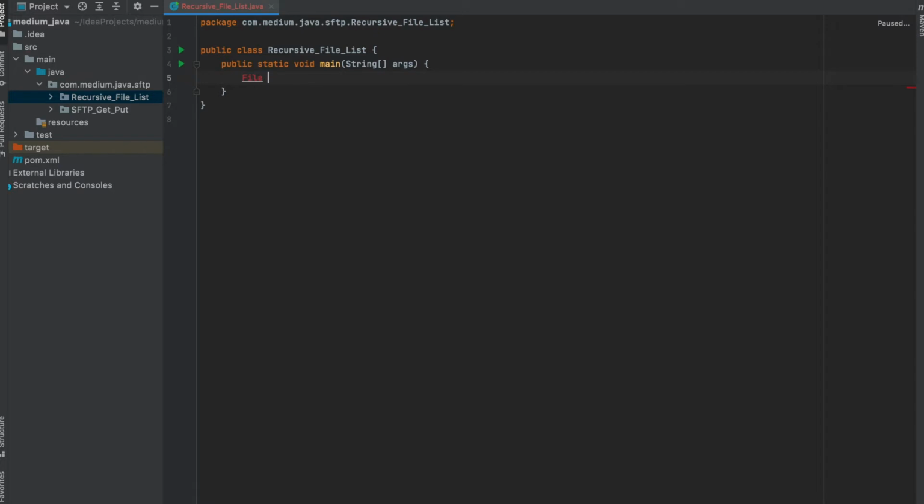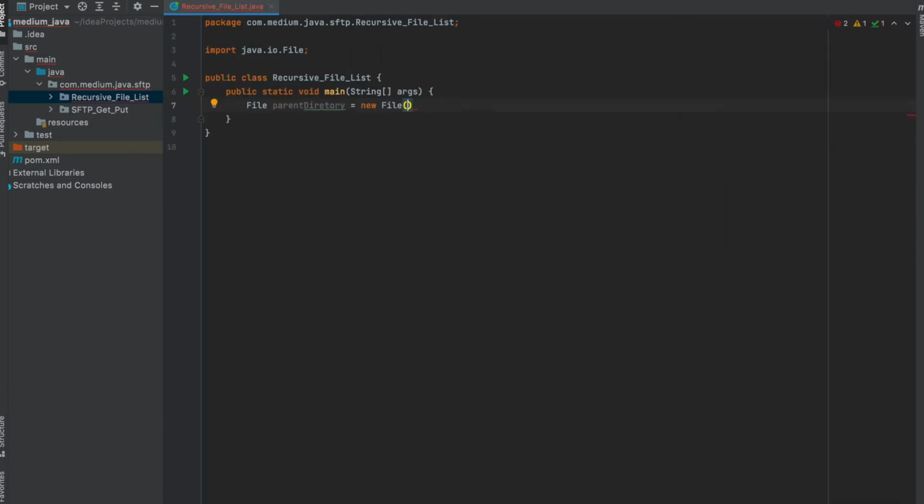So it will be of type File, file of parent directory, new File, and we should be giving the path to our file. In my case, it's on the desktop, and the directory name is parent directory. So we are done until here. Now we know the location of our parent directory.